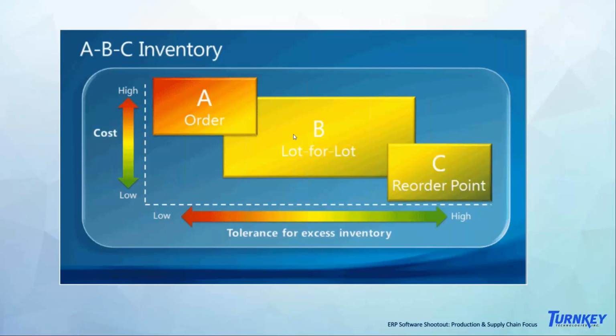It's going to say, hey, go in and buy to this level, keep some of this inventory on hand. It's not real costly or high cost items in terms of your cost tolerance here. And then we have a reorder point item. This is a low scale. It's low on the cost. It's fairly low volume. We'll just keep a standard amount of it in the inventory, again, to balance our total